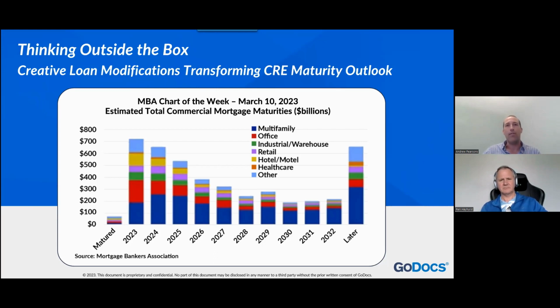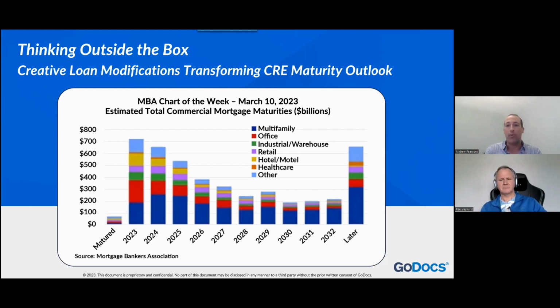One of the things I'll call out on this slide in terms of the data is that I think it's critical to note that while 2023, 2024, and 2025, you see some really big numbers there, this is not a problem that's going to go away. I also think that a lot of times we hear about this being specific to office space, perhaps even retail space. Both have faced a double whammy of the rising interest rates, as well as a lack of demand as COVID impact has hit retail, COVID impact has hit the use of offices.